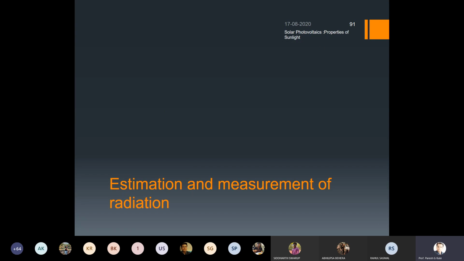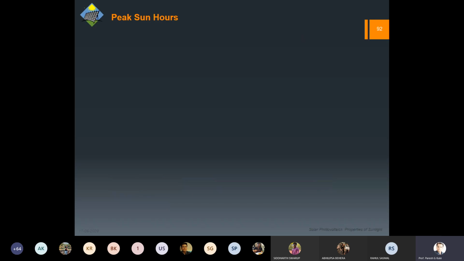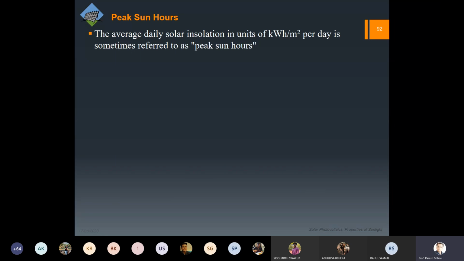We know what the optimal angles are and how they affect the solar power collection on the panel. Now, the second part of this is how to estimate, or if we cannot estimate, rather measurement would be better. We can go for the measurement of radiation. So the first thing we have to understand is the peak sunshine hours. Of course, the problem here is that the sun rises somewhere around 6 o'clock and sets around 6 o'clock in the evening. Now, we don't get uniform radiation throughout. It goes on increasing, it is at the peak sometime around noon, and then again it recedes.